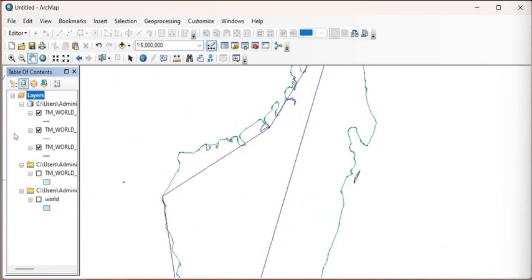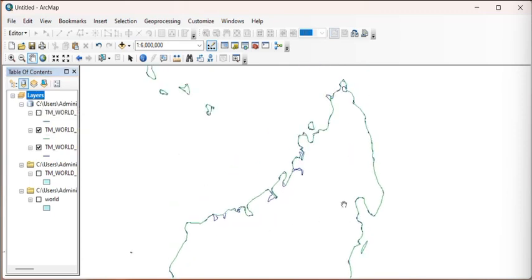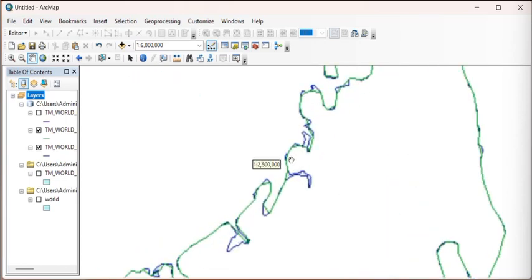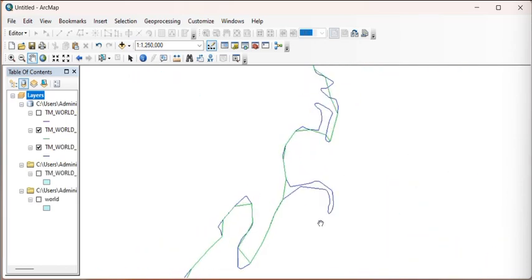Let me turn off the simplification tolerance of 10. You can see the simplification tolerance of 0.1 is almost equal to the data that was there. But since the weighted area with the smallest weight is removed, for example this one here and this one here,